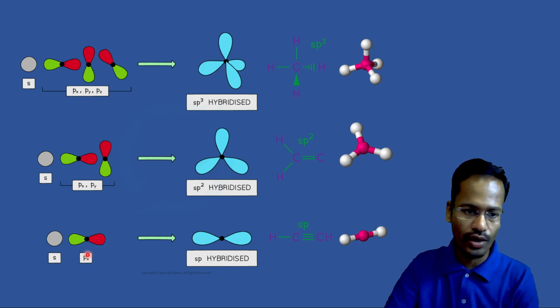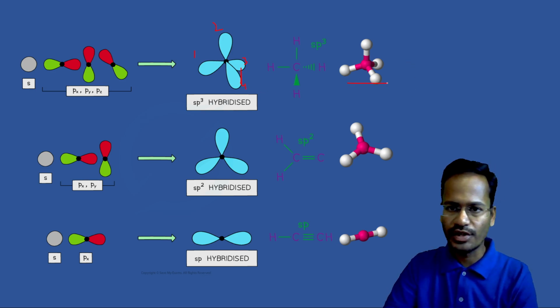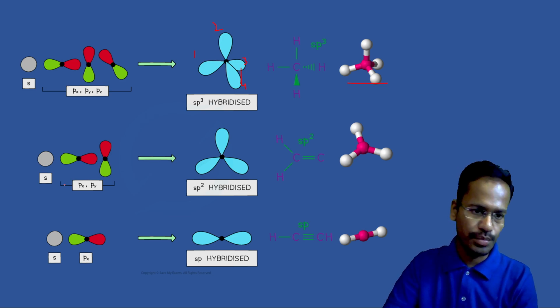You can see 4 sp3 hybridized orbitals over here. That is 1, 2, 3, and 4. So total 4, and its shape is going to be tetrahedral. In case of sp2, that is 1s and